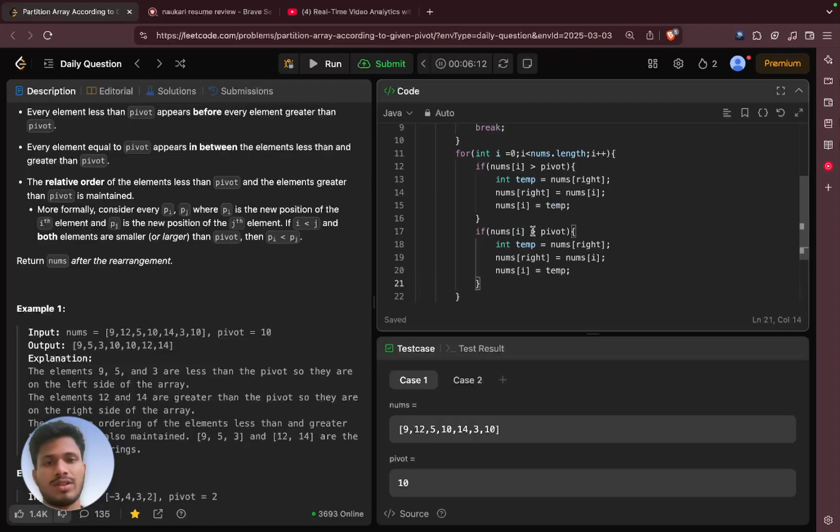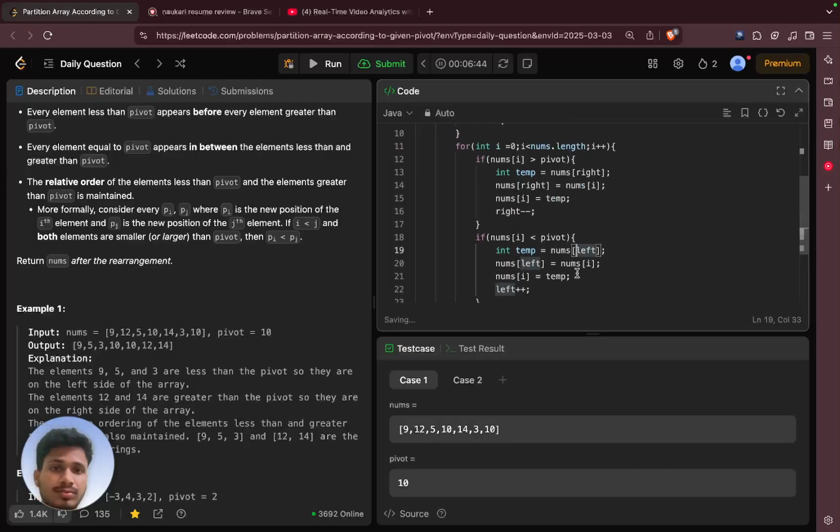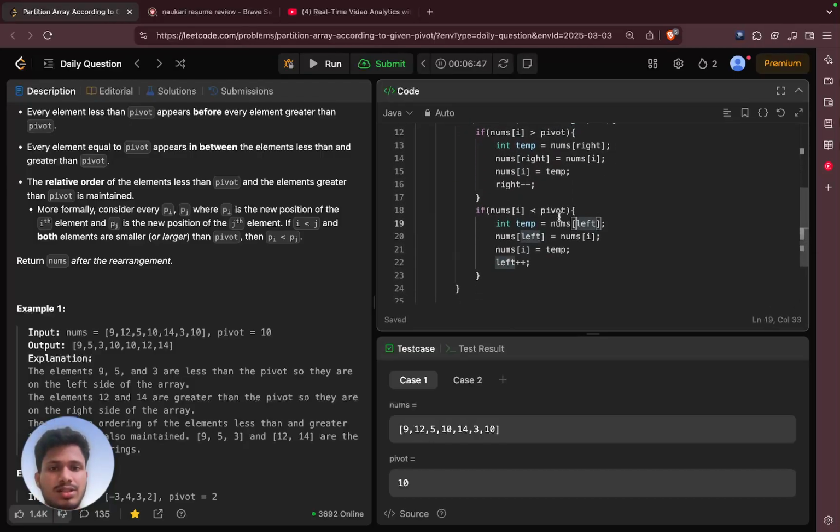And let's write the code for the element is lesser. If the element is less than pivot, we're gonna choose left, left, but this swapping doesn't make sense to me. Then we're gonna do right plus plus here, left plus plus. I'm sorry, here it is right minus minus. So if these were the things to be done, right minus minus, left plus plus. And